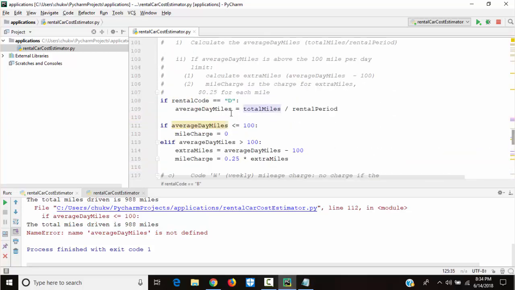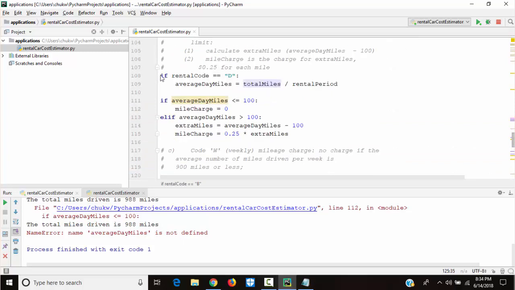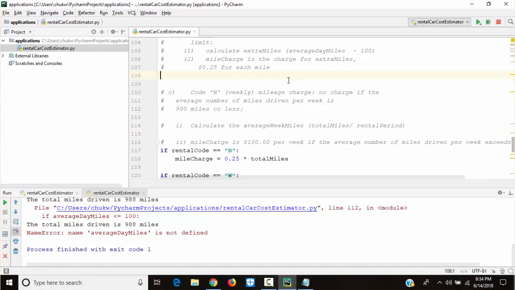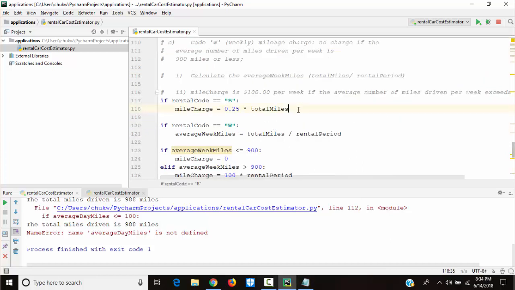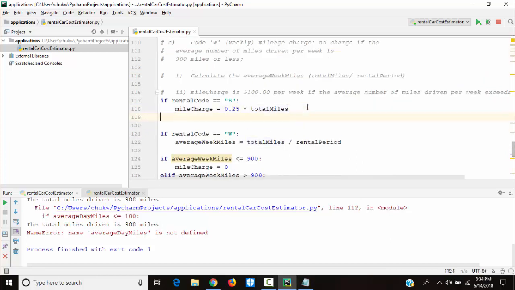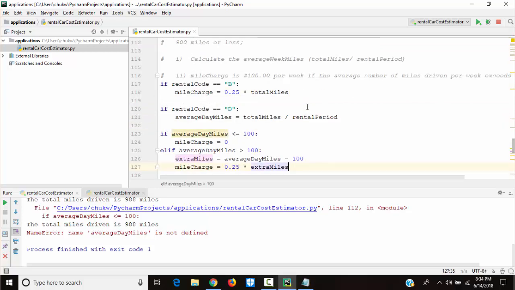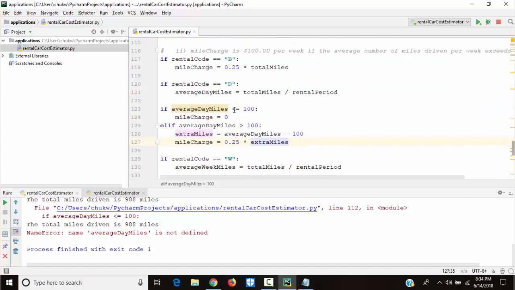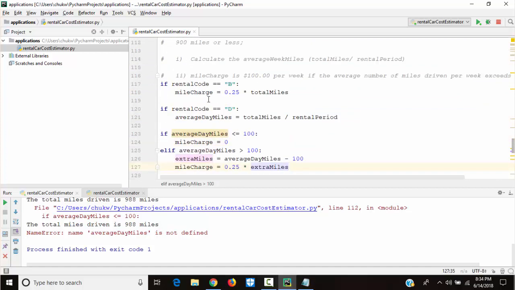We're going to do this whole thing entirely, because everything is about mileCharge anyway, so we're going to do it holistically, not in bits and pieces. Okay, so if rental code is B, this is mileCharge. That's not a problem. If rental code is D, this is this.